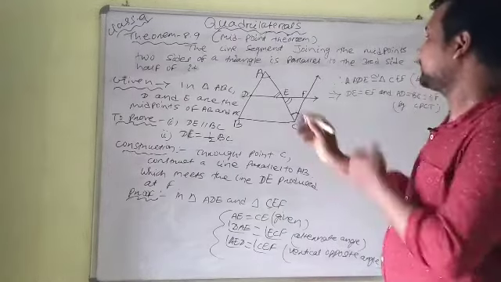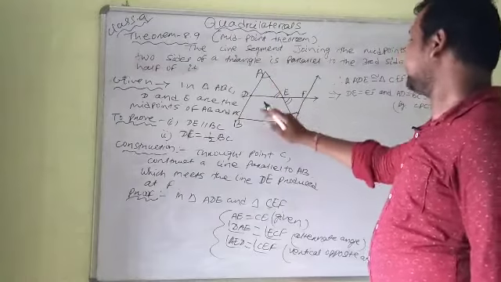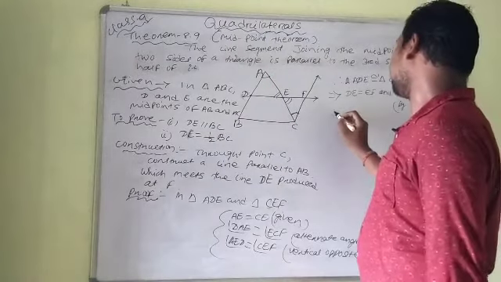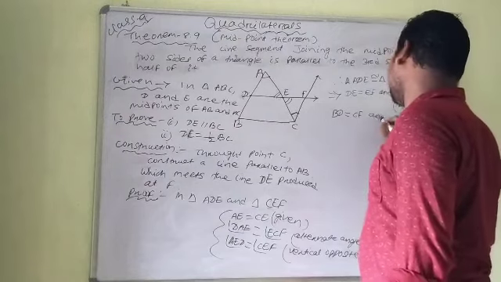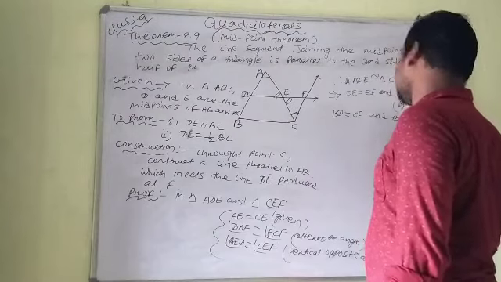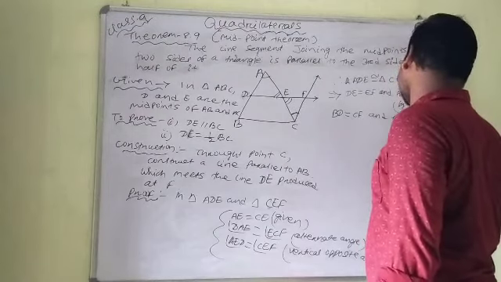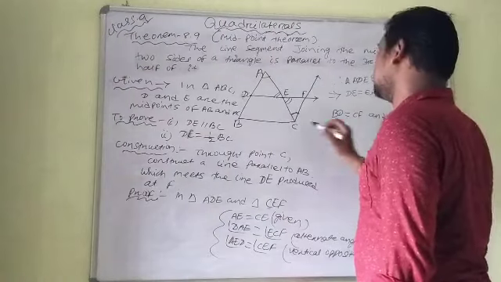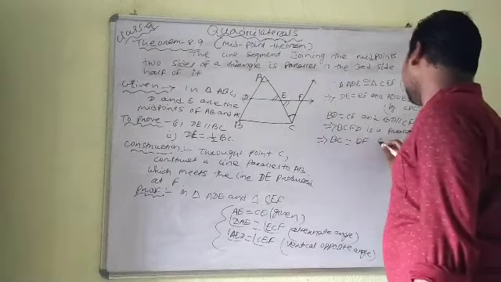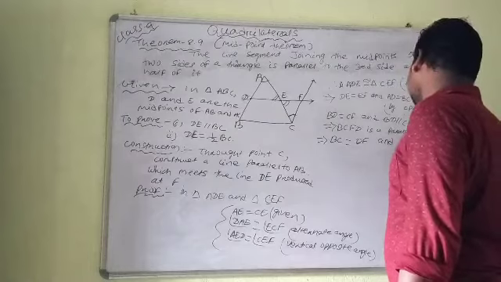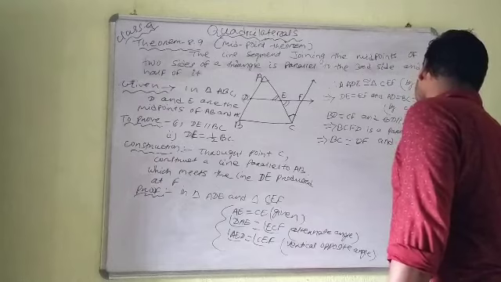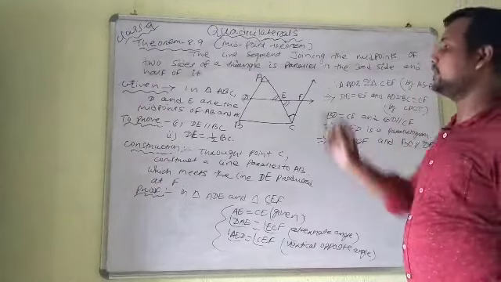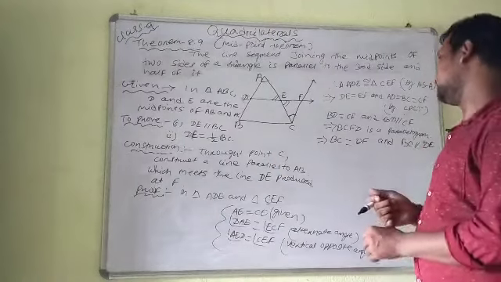See here, AD equal to BD equal to CF, that is BD equal to CF, and by construction BD is parallel to CF. This implies BCFD is a parallelogram. This implies BC equal to DF and BC parallel to DE, which proves part one, that is DE parallel to BC.